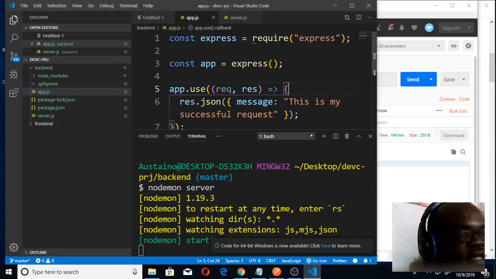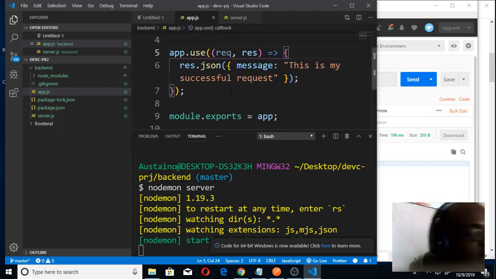So this is the code snippet that makes it possible for us to see what we are seeing on Postman, and it simply says app.use. Then it has two objects, request and response, with a callback function that responds with JSON, and the JSON is, this is my successful request. So we're going to be adding more